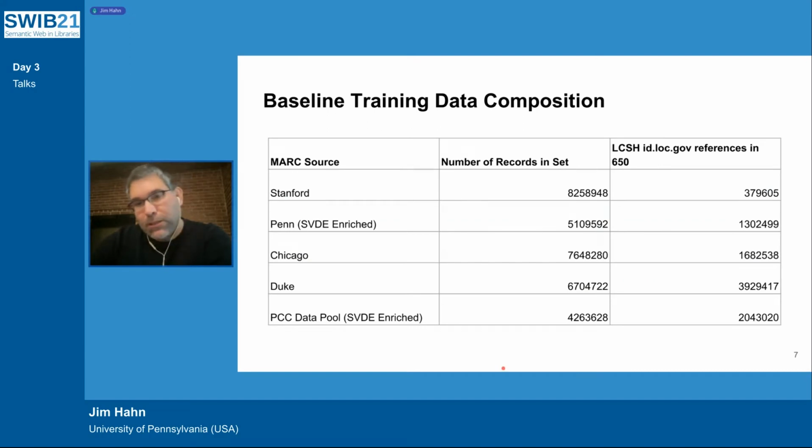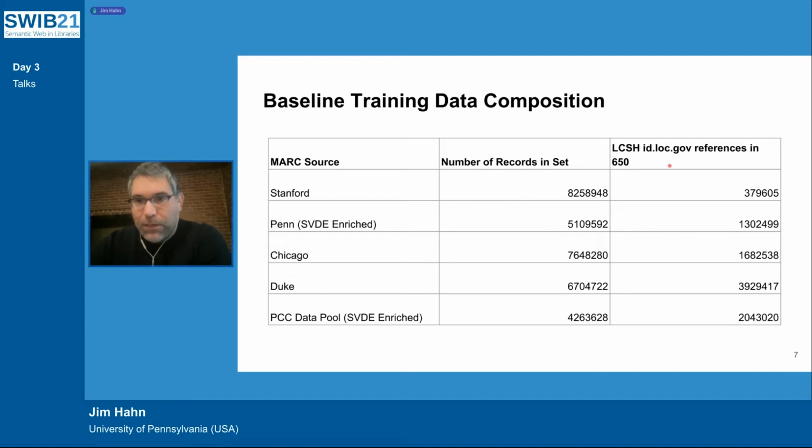And here's kind of some libraries have made investments like Duke, they have quite a few subject references in the 650 field. Now, that's not the only place you could put a subject reference. There's also some limitations in that the LCSH vocabulary. I mean, it's possible to construct subject assignments that you might not find in the id.loc.gov download. So we really are looking at subsets of data. Basically, I'm not asserting that it's comprehensive, but this is where the records came from initially